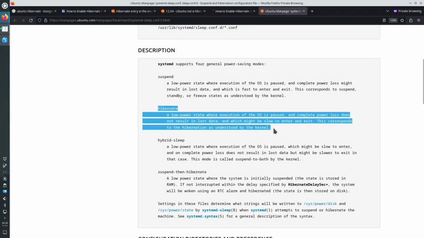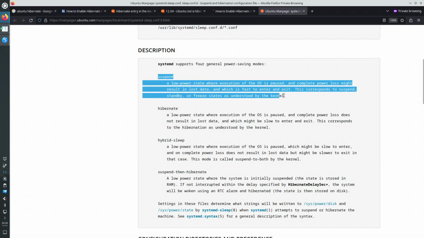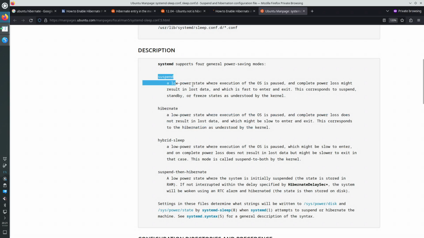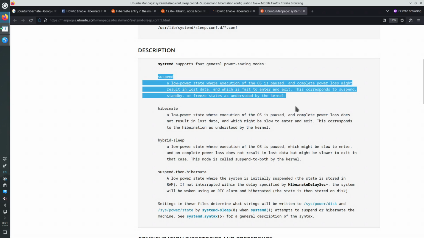It takes all of the bytes from the random access memory, saves them to the disk, specifically to the swap file or swap partition. Suspend keeps after you suspend the computer, which means suspend to RAM, not to disk. Hibernate is suspend to disk. It writes all of the bytes inside of the RAM on the disk inside of the swap, whereas suspend keeps using